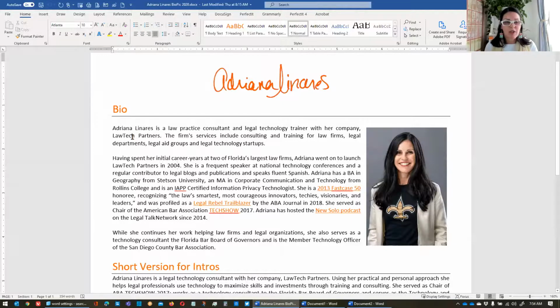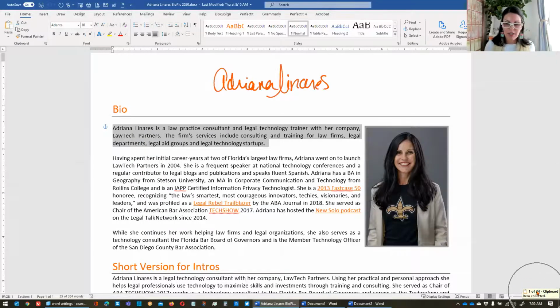So let's say I wanted to grab this paragraph, the opening paragraph from my bio. Another quick tip for you: triple click a paragraph to select it. 1, 2, 3, selects the paragraph. Now I'm going to right click, copy. It goes on my clipboard. And if you look in the bottom right-hand corner, you'll see that now that I've activated the clipboard, I get a little note that says, okay, I've got one item on the clipboard. Great, I'm confident it's there. I don't need to run and paste.